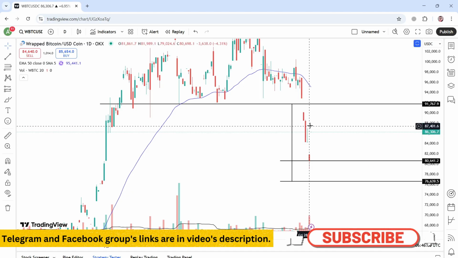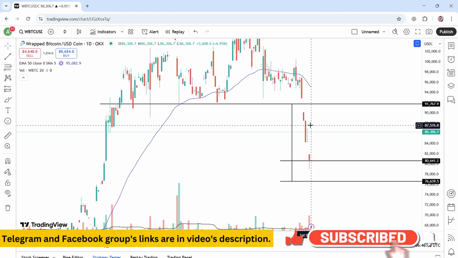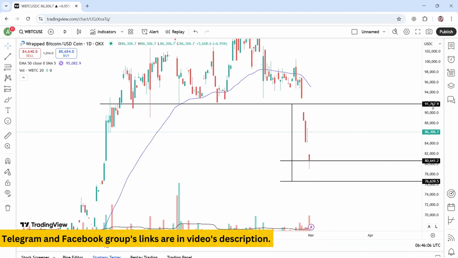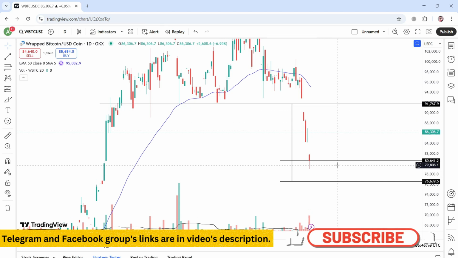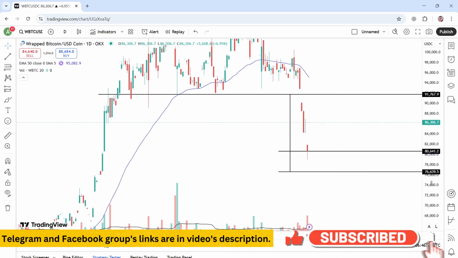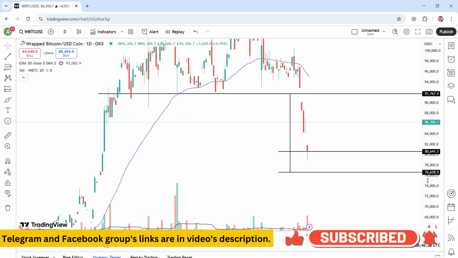So if the price of WBTC touches this level, that is 91,767, this level will be the best level to exit from this coin. After that, it might not give you a chance to exit from it, and its price will simply start coming downside, and it will try to achieve its final target. Its final target on the downside is